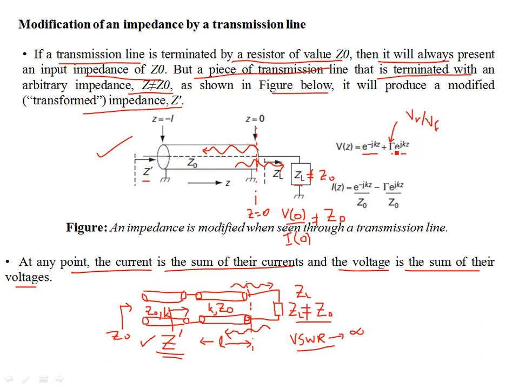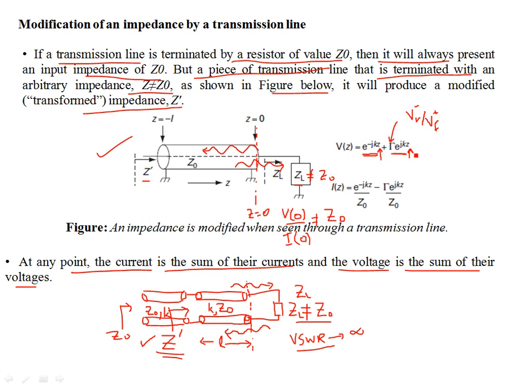So basically, we're going to derive a nice expression for gamma in terms of the impedances. You have two oppositely traveling waves on the transmission line, and at any point z,